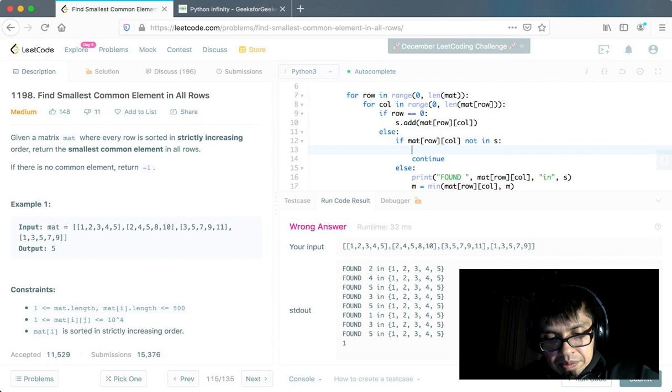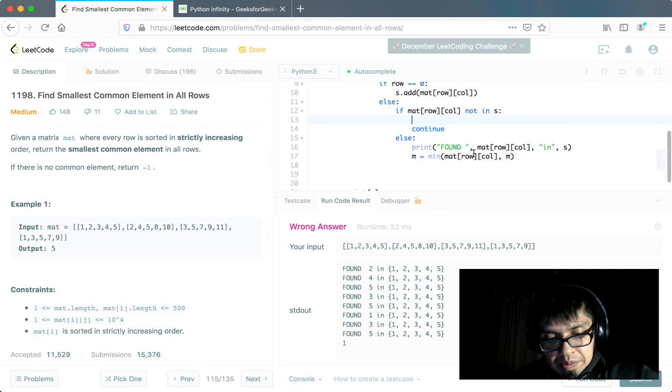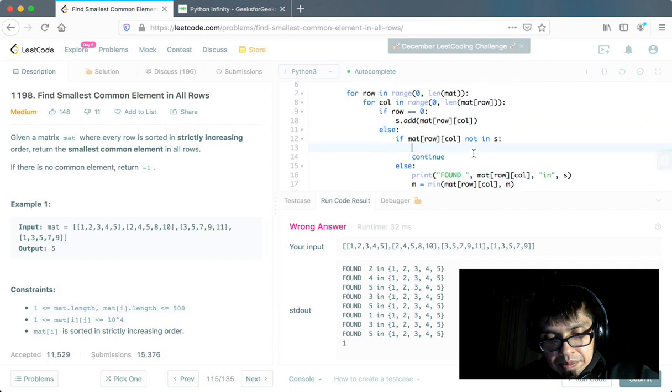So essentially, we've got to keep track of the min and get rid of everything. We need other things. All right, we need to get rid of, essentially, everything in the first row is a candidate for something that's in the second row, right? So when we populate the first row with all the possible candidates,